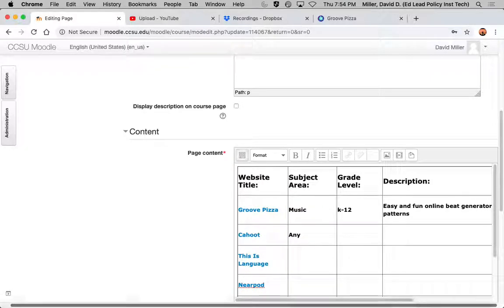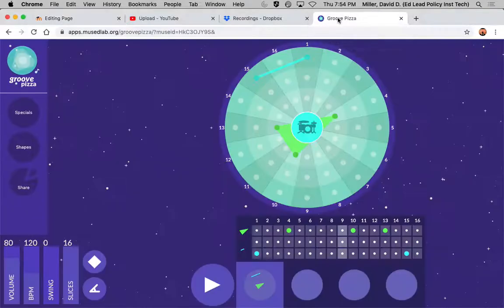There was an electronic music class, and the site is called Groove Pizza. I have used this in the electronic music class I teach at my school. I also teach a songwriting class. And this is a really fast, easy, quick little app that allows people to create drum beats with almost no experience. And it's got a unique interface in terms of how it looks and how it's used. Oh, okay, can't link on it.